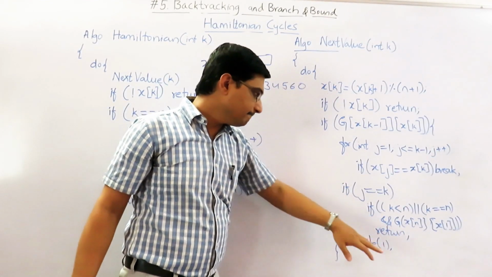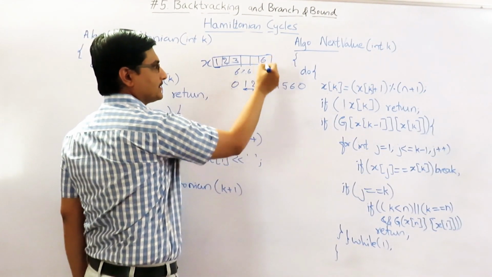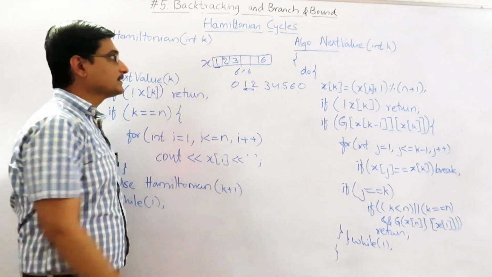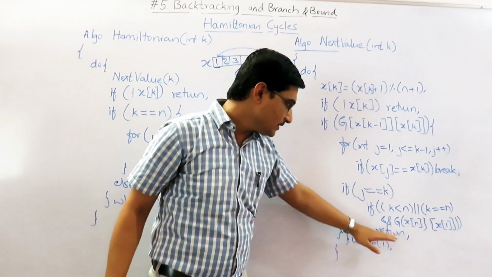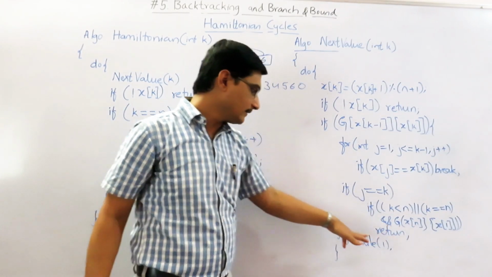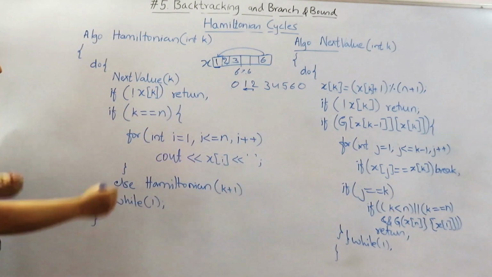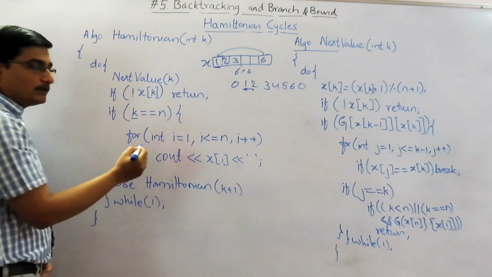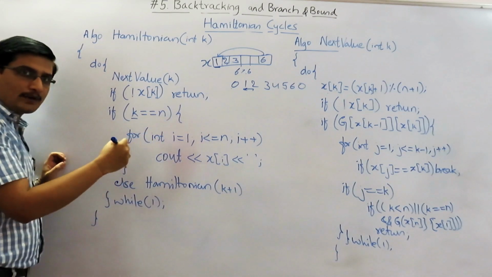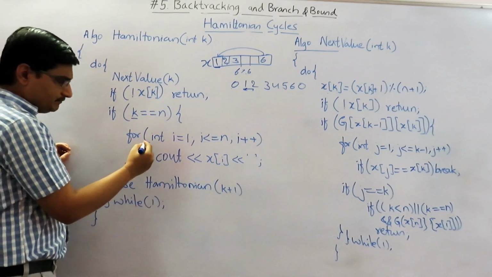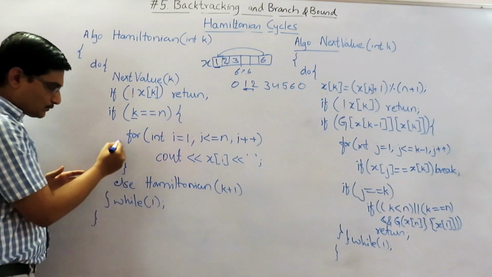Okay. Then say for example the last vertex is 6. From 6 to 1, is there any path? That is what it is checking. Then only it is going to return. Again, it will be iterated. That is done recursively. So if we find that, then it is going to check whether we have found the path or the vertex. If this k is equal to n, it means that we have visited all the vertices. Then we need to print it. We need to print the path. That is what is done here.